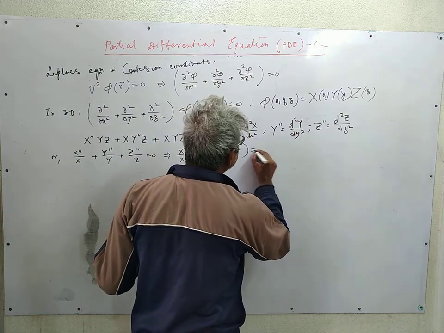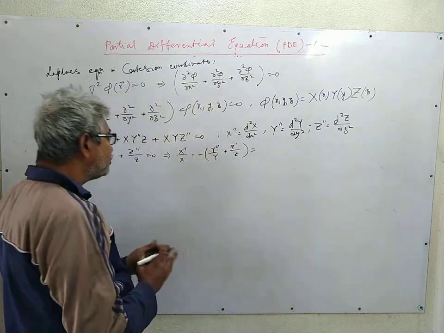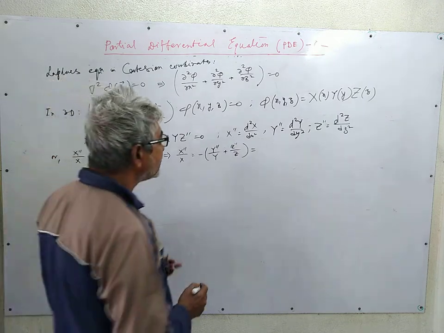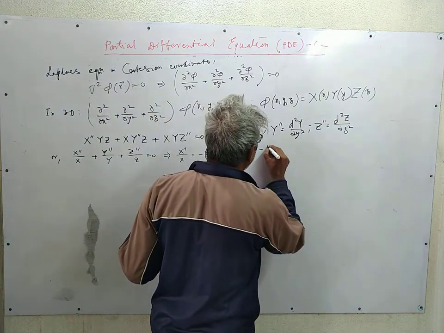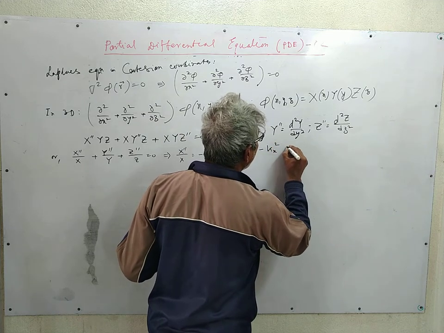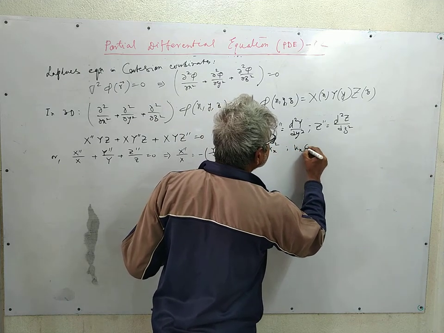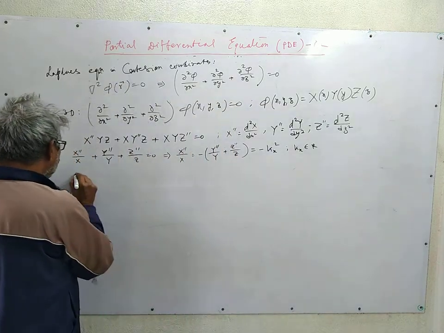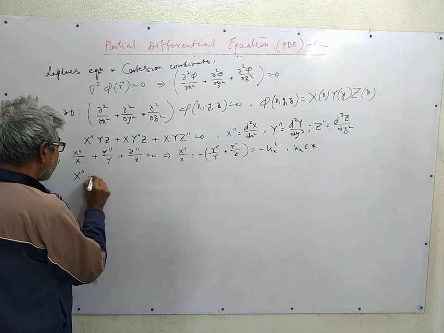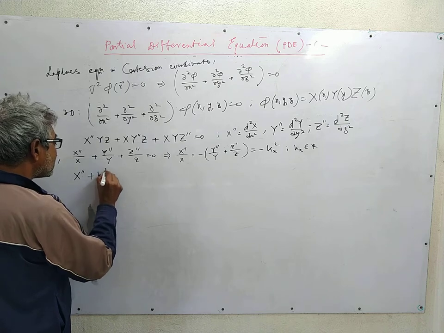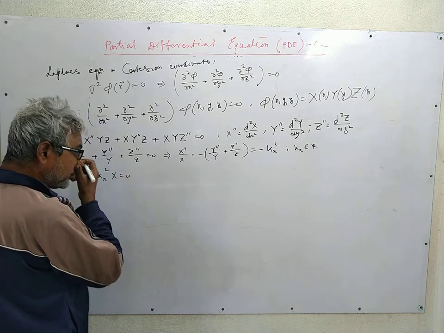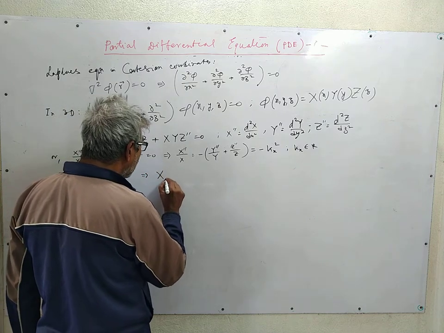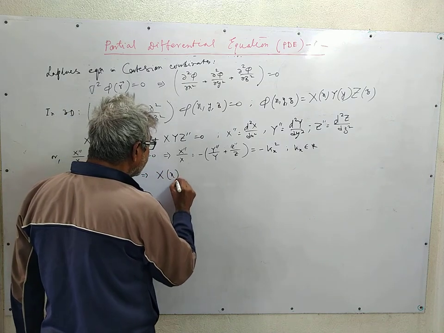If we choose the solution to have periodicity in the x direction, we write it as kx square, where kx is a real quantity, so that the x equation becomes X double prime plus kx square X is equal to 0, which has a solution X of x is equal to